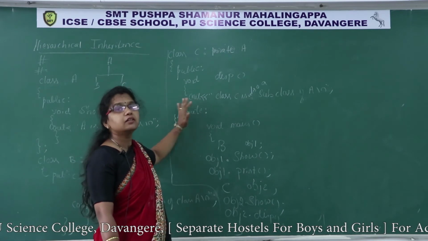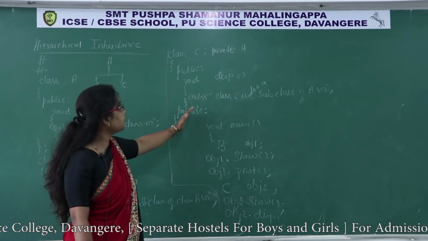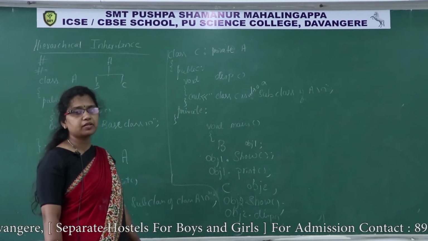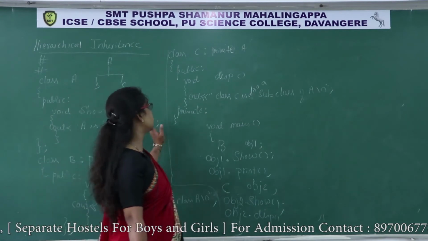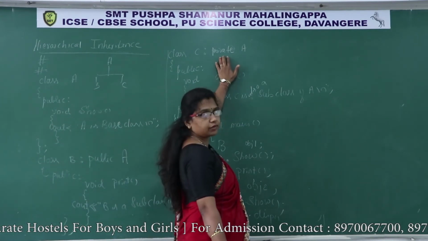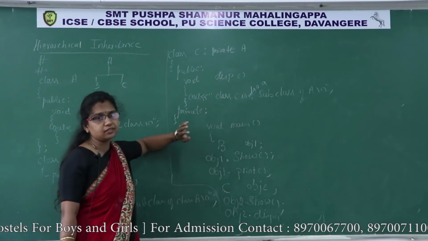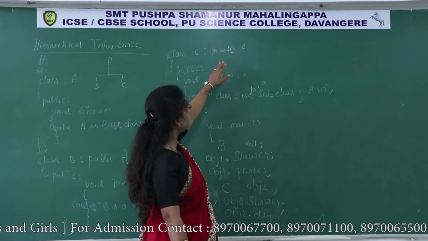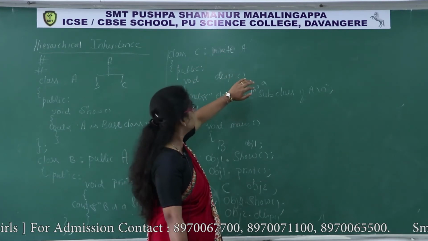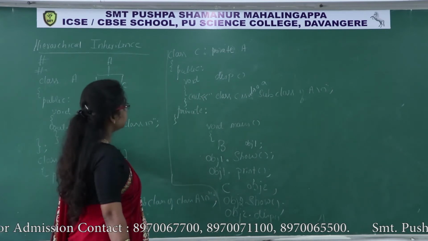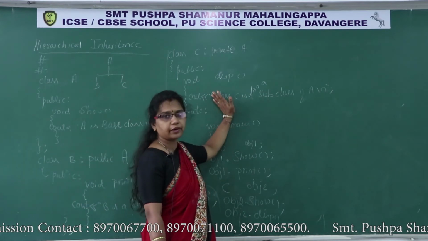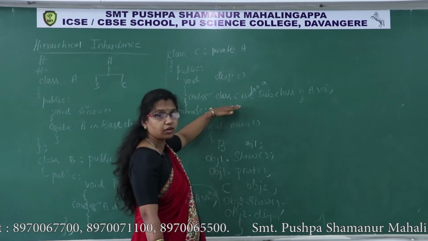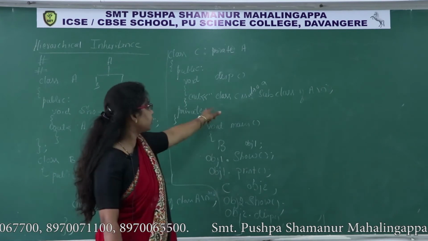After inheritance, what kind of members do these become in the derived class? Either private members, public members or protected members. That is decided by the visibility mode. We already discussed these things in the mode of inheritance. Still, I am recalling these concepts here, because in this example I have taken the private mode of inheritance. Now the show function is inherited to the private section of the derived class. Therefore, class C's private section has one member function called the show function.